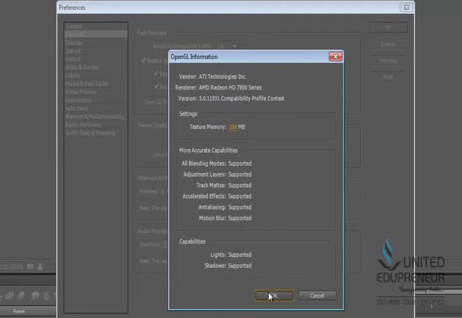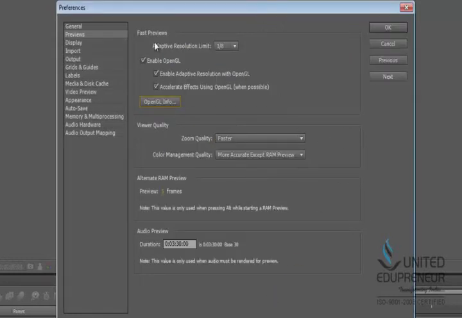Hit OK. Here is the adaptive resolution limit. Now this automatically adapts the resolution of the preview in order to cope with the speed we are scrubbing through. You will understand it more when we work with it. And then going on to the next thing,